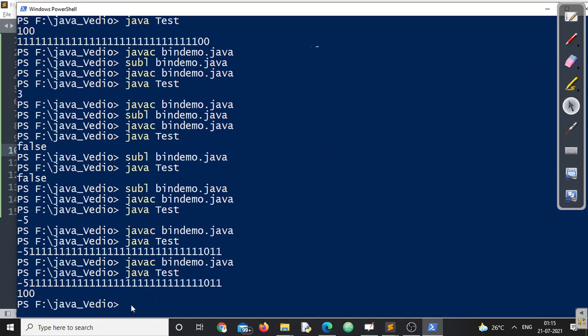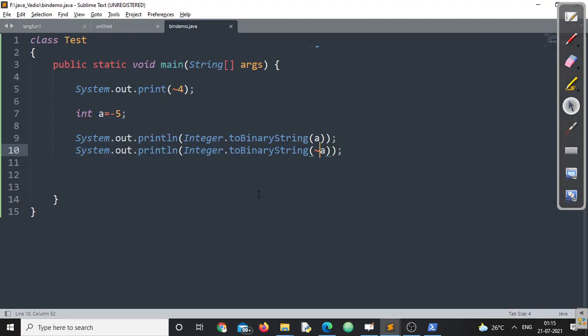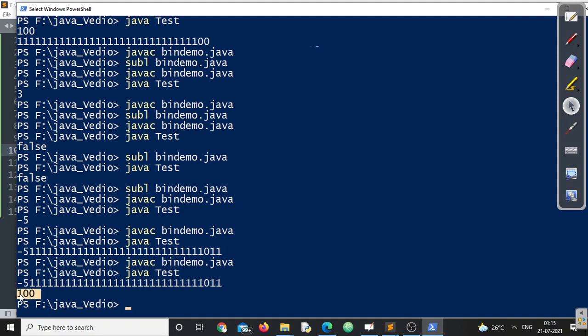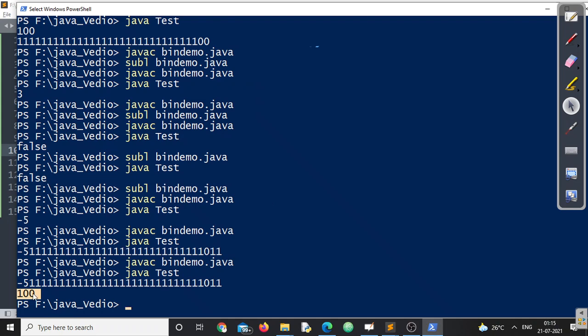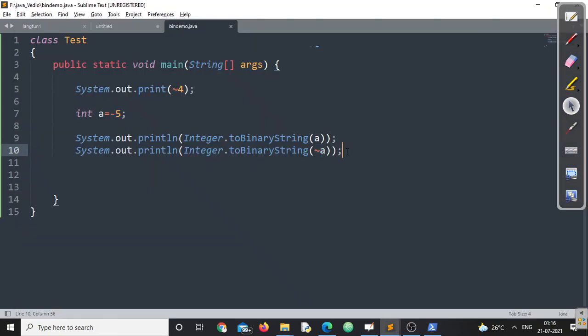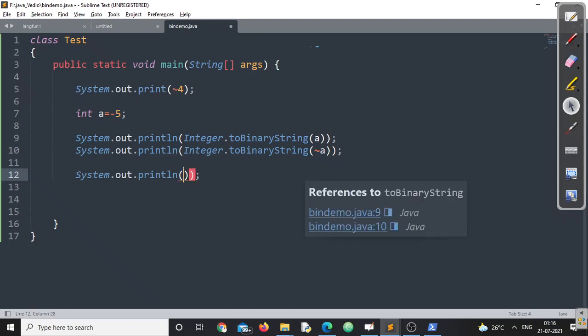See, this is how it is represented. And this is how the final things will be there. This is how negation of a, or one's complement of a, is presented. If I want to print the value, I don't have to go for the conversion. I have to write again only this much.